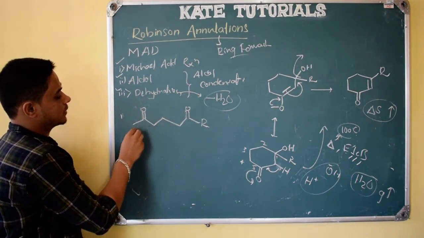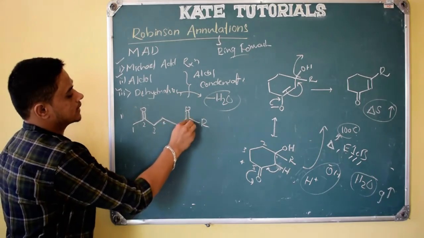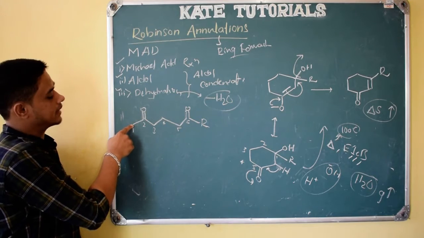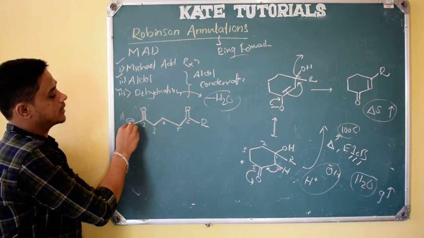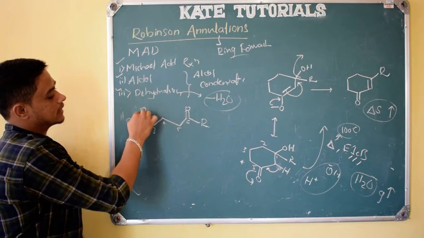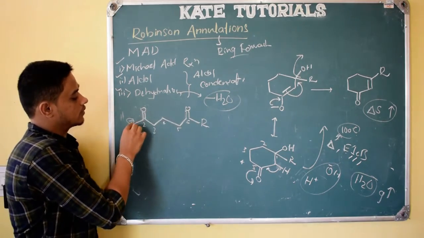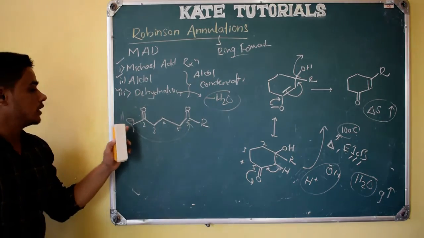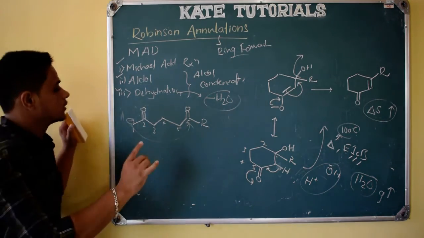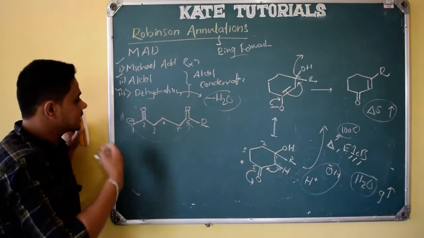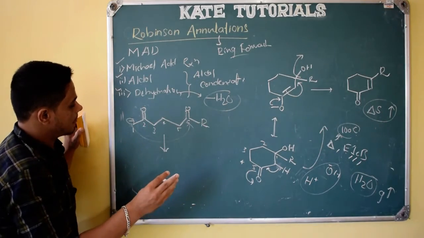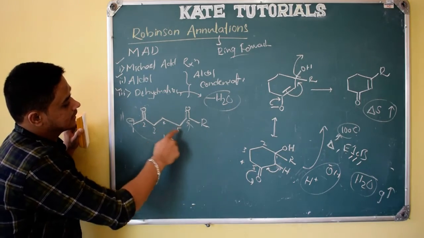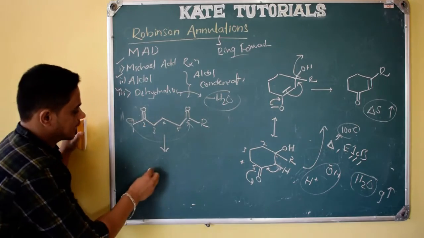See here what happens: 1, 2, 3, 4, 5, 6. Why am I taking this as 1? Here a proton will be there. We can knock out the proton at elevated temperature so that the negative charge is stabilized by this oxygen, but it can react with this carbonyl to form the aldol reaction. So this carbon is taken as 1, right? One more thing about this reaction: the negative charge, if I want to write this in cyclic form, I can also write it like that.